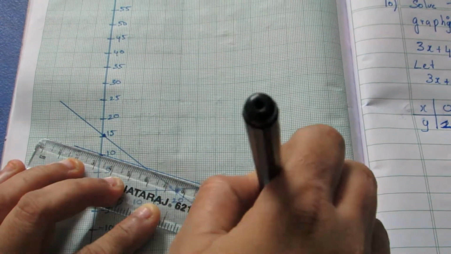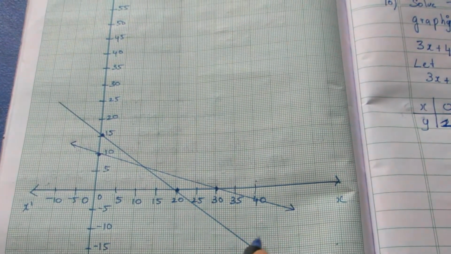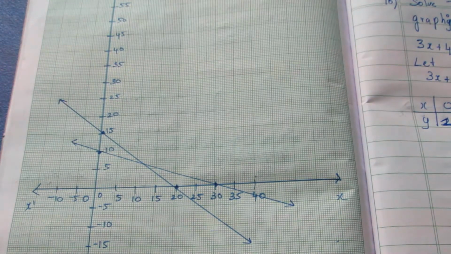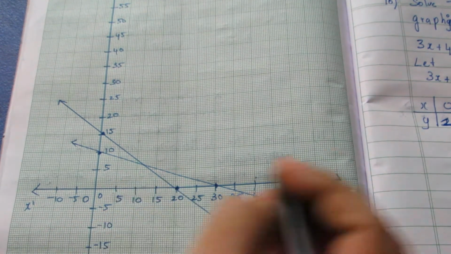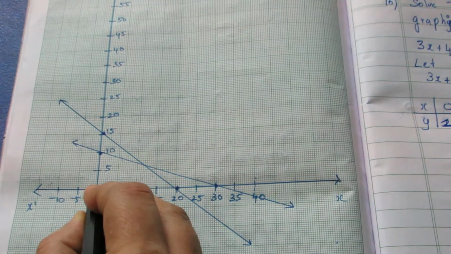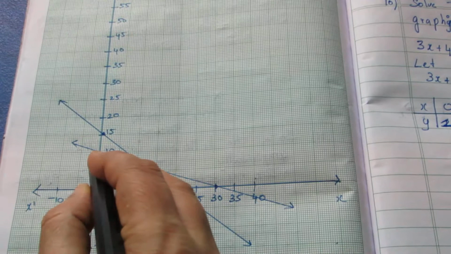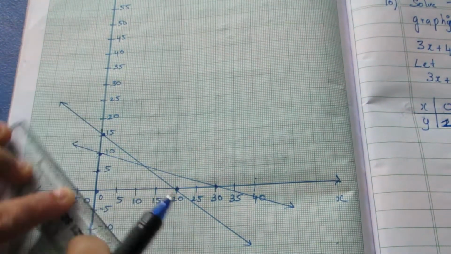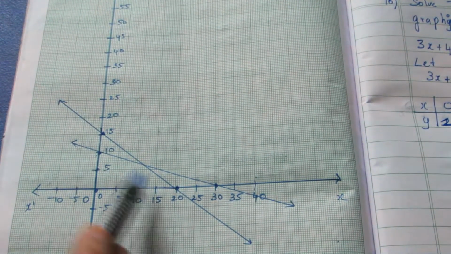If the number is very big, very huge, take the graph in multiples of 5, 2 or whatever we want, so that we can easily mark it. Now for the third, 5 comma 0 and 0 comma 0 is here. Next 0 comma 5. So my graph will be of this x-axis, y-axis. For the second one, it will be on the x-axis. These are the 4 graphs.